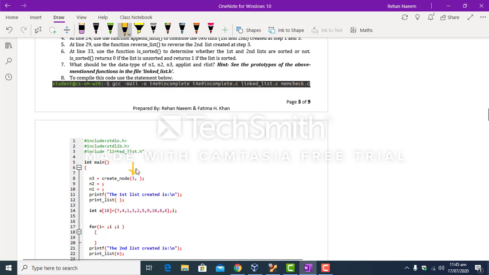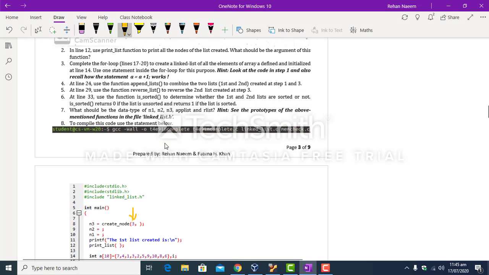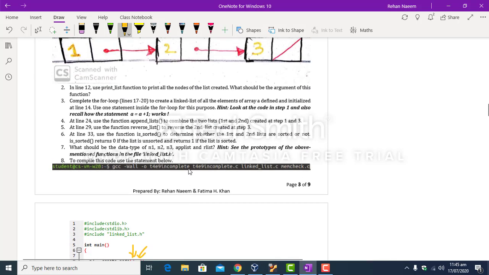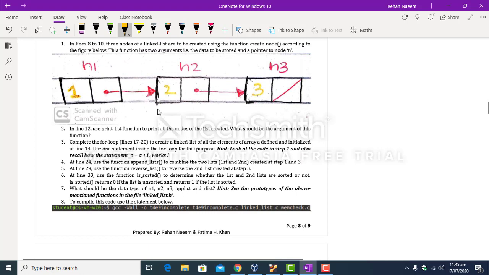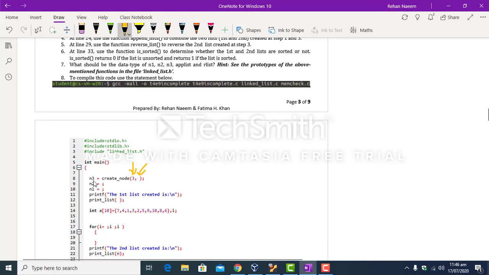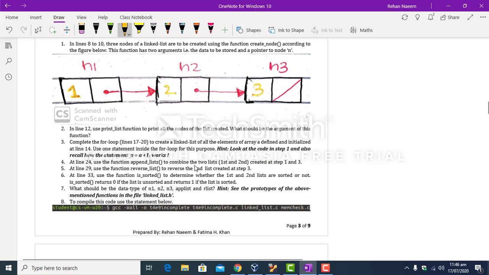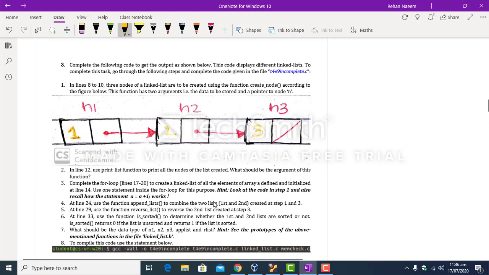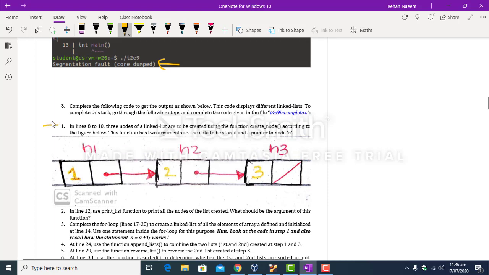The first argument is the data to be stored in the data field, and the second argument, which is missing over here and you have to complete it, is the node to which this particular node should point, or basically you can say that the second argument contains the address of the next node to which it is pointing. So this is step number 1.